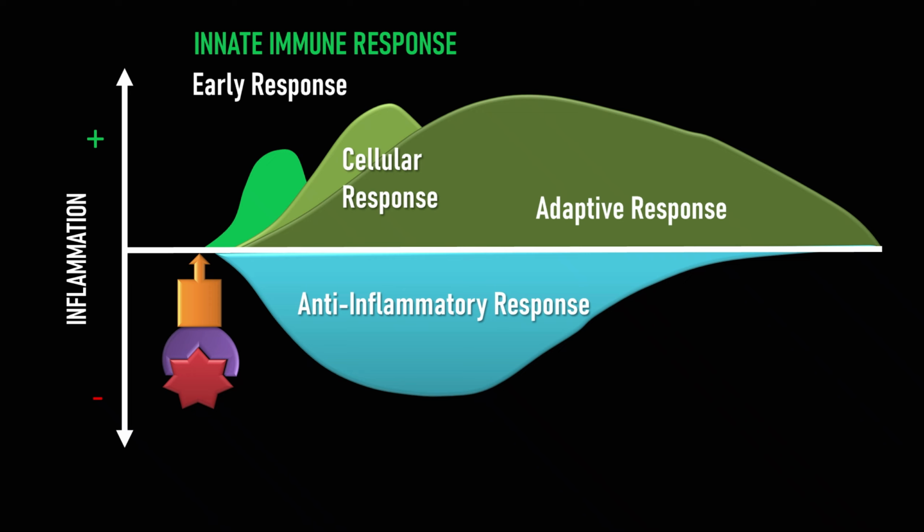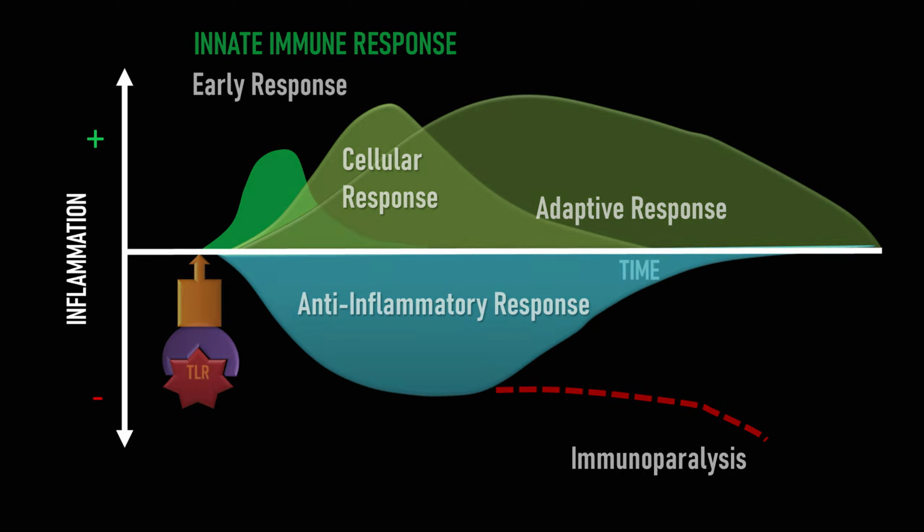response. Now, unfortunately, sometimes that inflammatory response burns itself out and the patient develops a state of immunoparalysis, whereby all of the inflammatory tissue is used up, there may be excessive anti-inflammatory activity, and the patient loses the ability to inflame. And this is really important because in septic shock, what we seem to have is this excessive inflammatory response